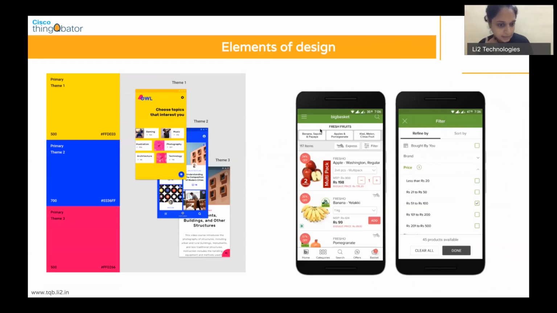Okay, so I have just put in some examples here. What we see here is an interface of BigBasket, and I put in that interface so that we identify what the primary color is and see how they've used it. If you look at it, green is largely used, and that is their brand color and the primary color in the product. You can also see some grayscale, where the intensity of the black varies, so obviously it's gray. And how they've used black to highlight some text, how they've used red to make